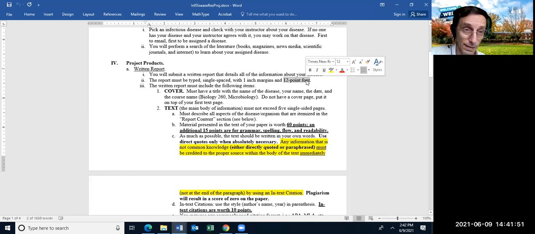My eyesight has gotten somewhat poor, that's why I'm wearing reading glasses, and if it's small print, I'll have a hard time reading it. You should have cover information, but do not have a cover page. Put your cover information on the top of your first page. Does everyone understand that? I don't want your first page to be a cover page because that just wastes space, and if I print it out, it'll waste paper. Put your cover information, meaning